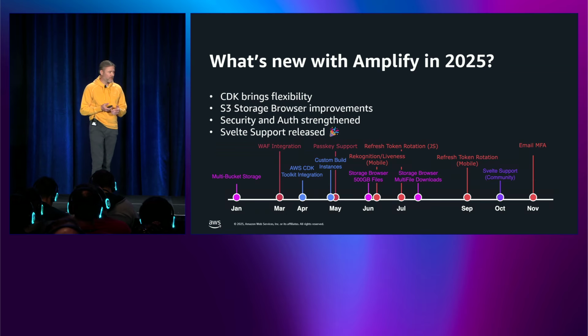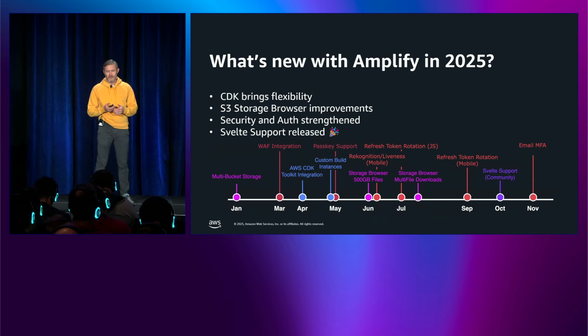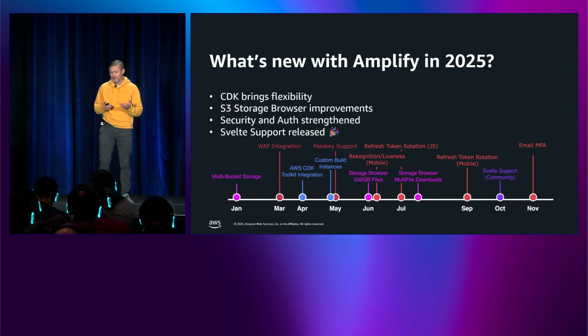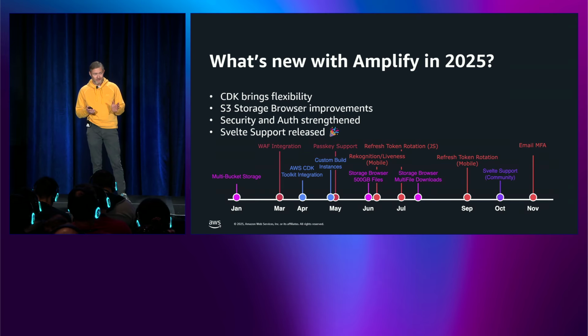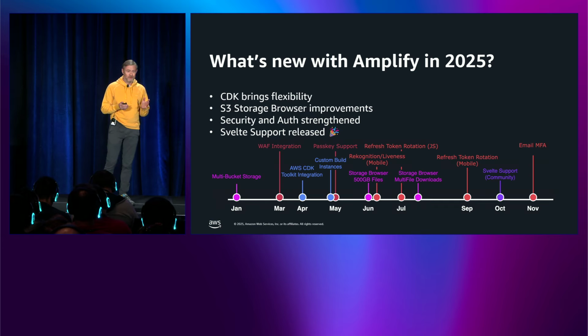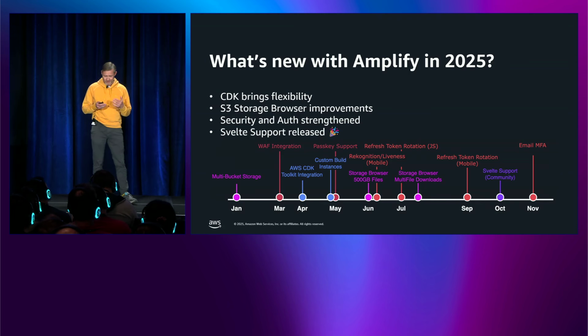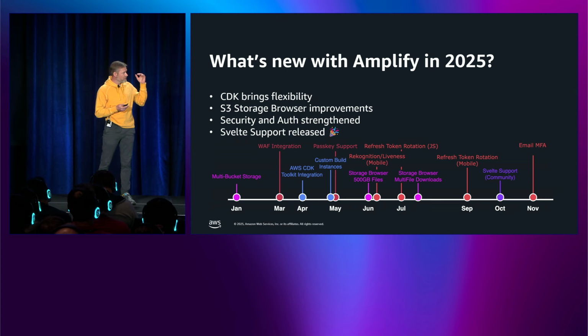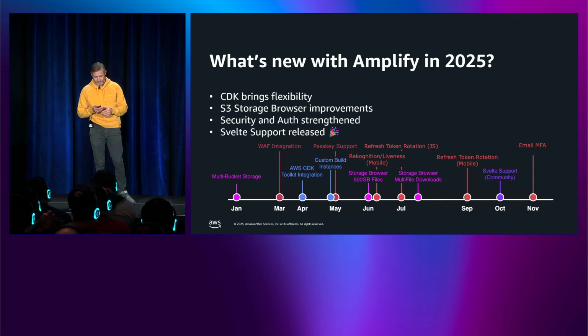But we wouldn't be AWS if security would not be our prime focus. And that's the one that also is scaring most people off when it comes to Gen AI. Am I really sure that all the code that is being generated is secure? I have some hard time sometimes to review all of the code that's being generated. So if you can see, there's a drumbeat of security-related features that we built into Amplify this year.